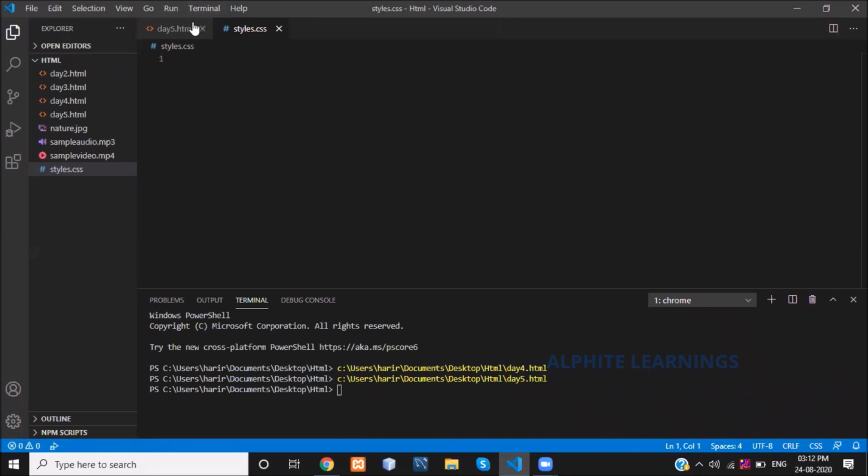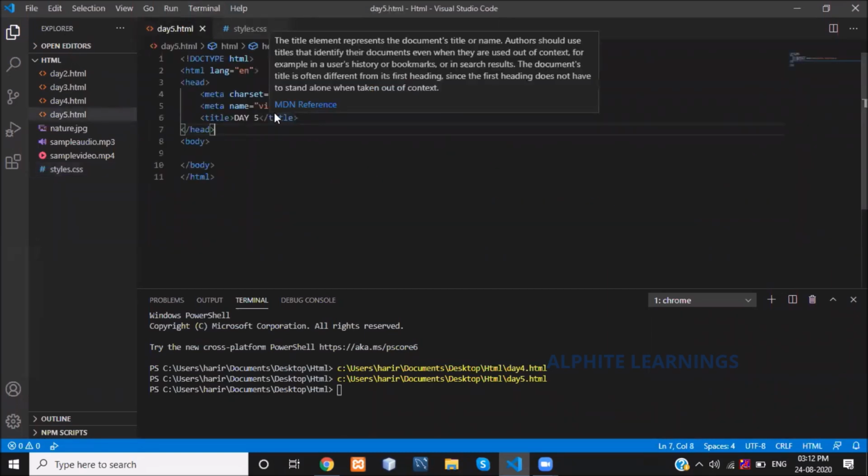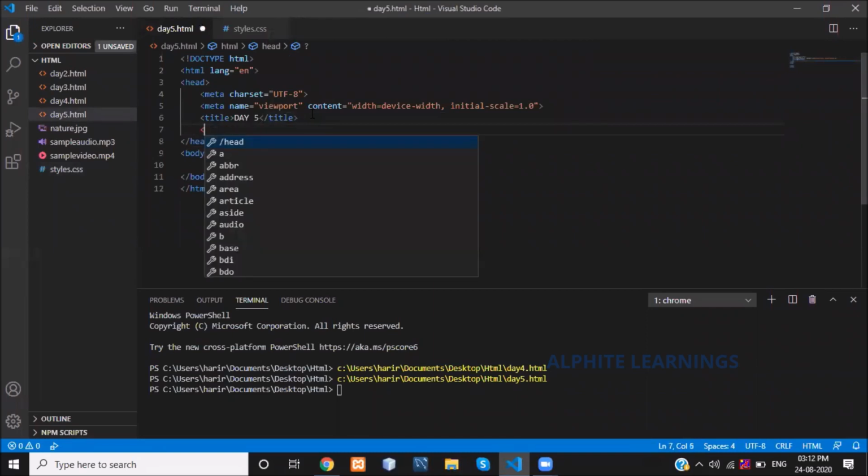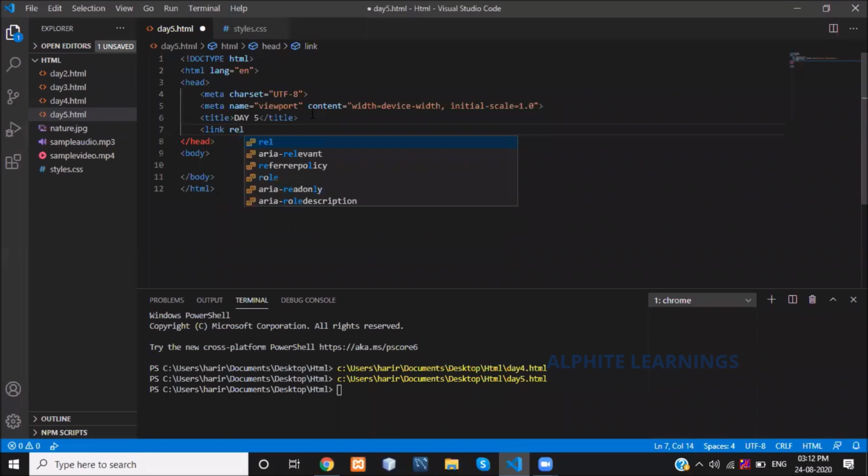For this, in the header part, after the title, I am giving a link. This is how to link that particular CSS file into the working HTML file. So I am giving a tag saying link. Then the second term is REL.